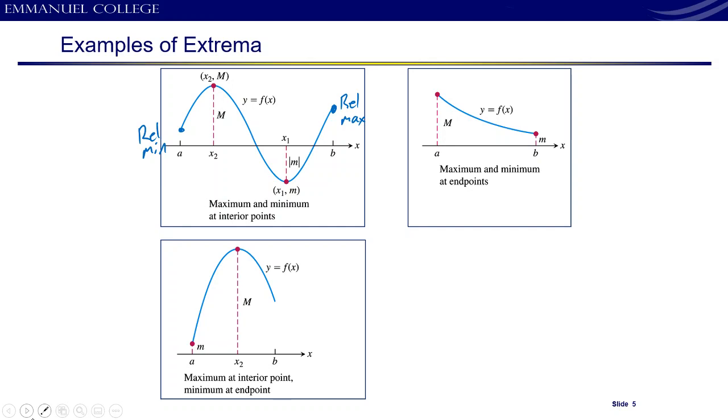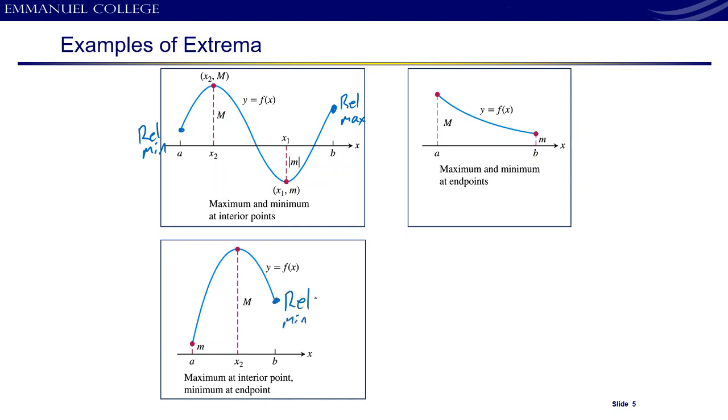Here's one where you have one of the maxes being attained on the interior, and you have the minimum being attained on the endpoint. So you can have a mix of the two, where one of the endpoints is one of the valuable points for the absolute, and in the interior, one of those points ends up being where either an absolute max or an absolute min occurs. So that means your endpoint here, B,